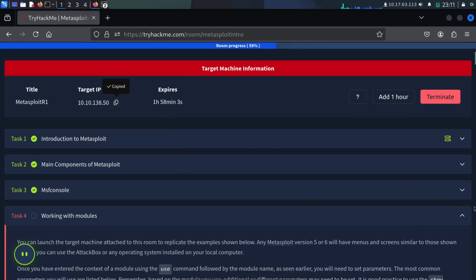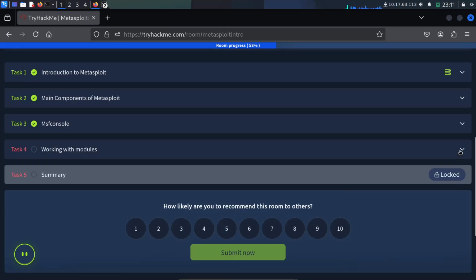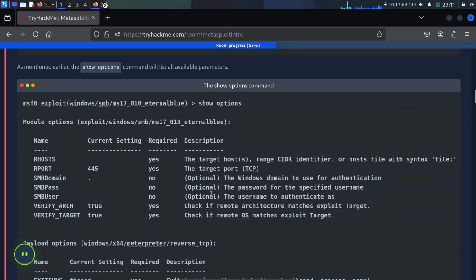Then you can copy and then set the RHOST.